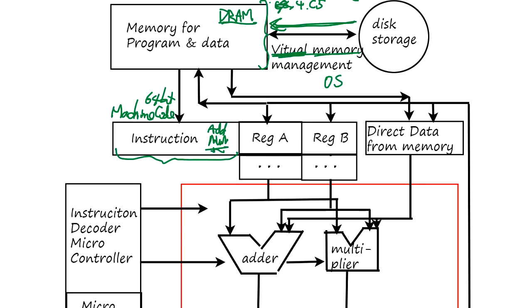Part of the 64 bits holds an address for a register. There are say 16 registers for A, 16 registers for B. Like in a programming language, add A, C means take register A, add it to C, and the result comes back to register C. So you select the register, and usually there is a cache between,